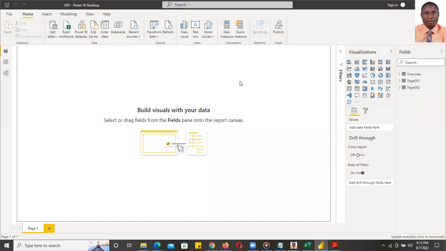Okay, so the next one is, how do we connect to a database? If you have your data set from the database, how do you connect to a database? How do you pull your record from the database? The kind of database we've been working with all this while, I'm sure all of us